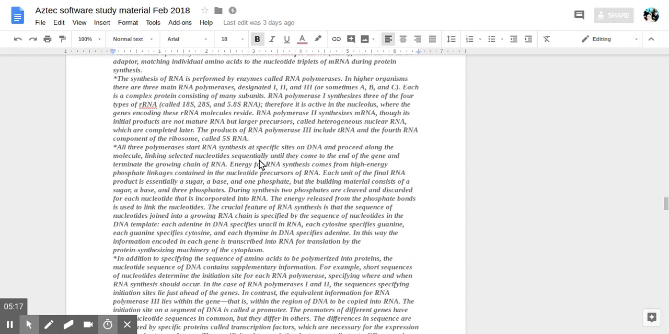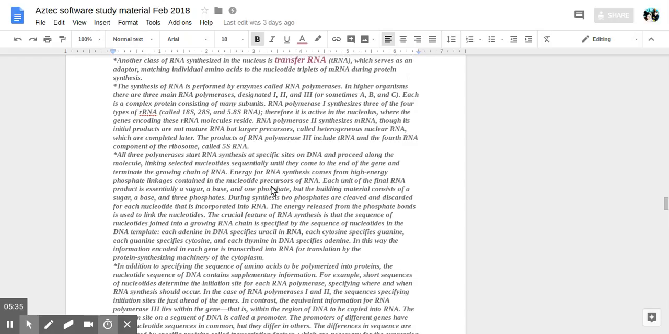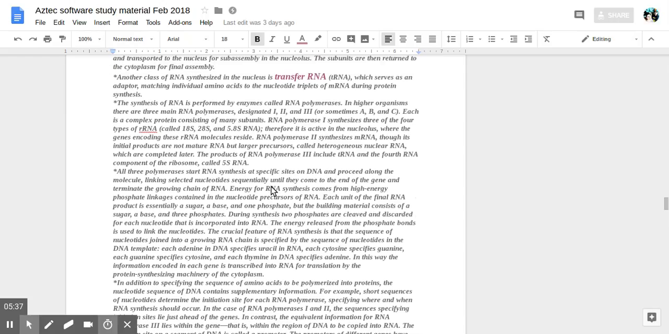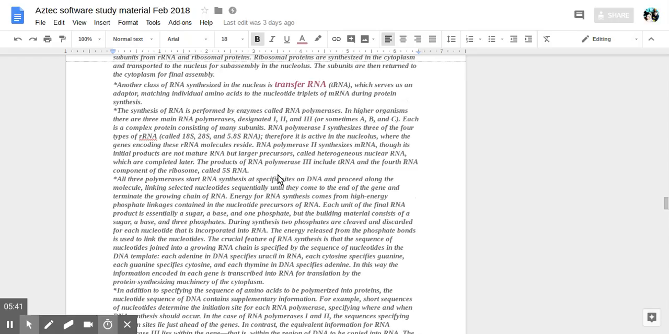All three polymerases start RNA synthesis at specific sites on DNA, proceed along the molecule linking selected nucleotides sequentially until they come to the end of the gene and terminate the growing chain of RNA. Energy for RNA synthesis comes from high-energy phosphate linkages contained in the nucleotide